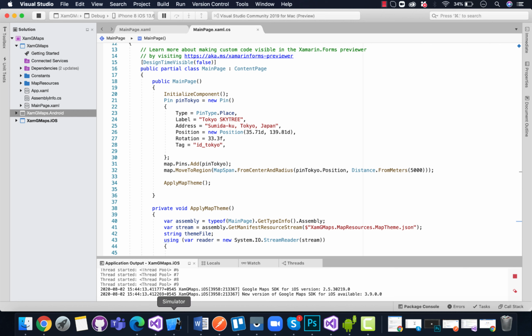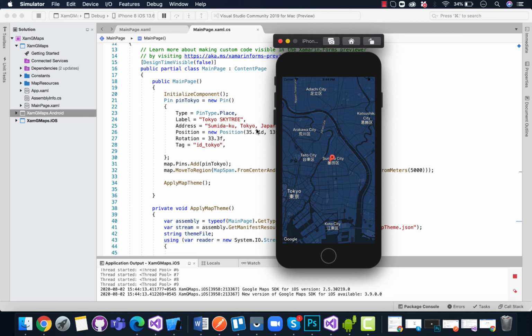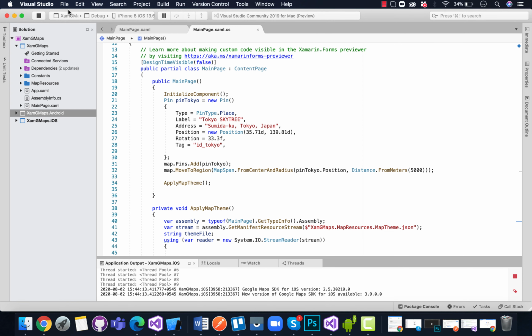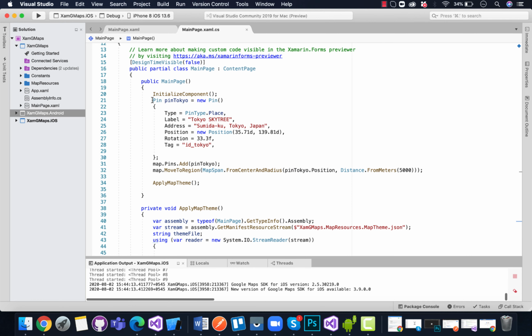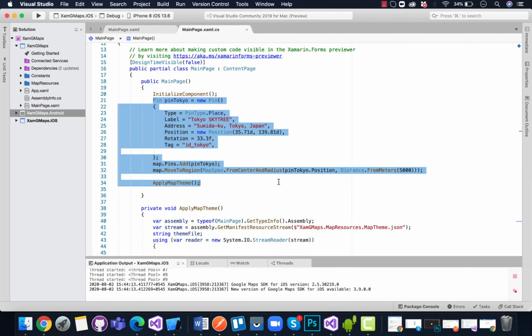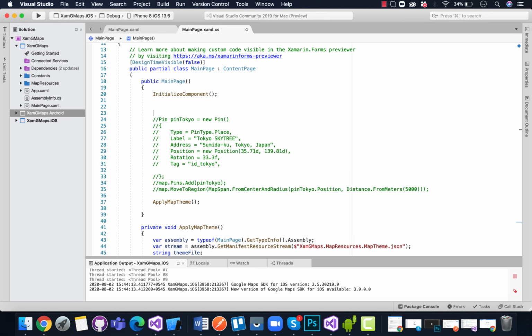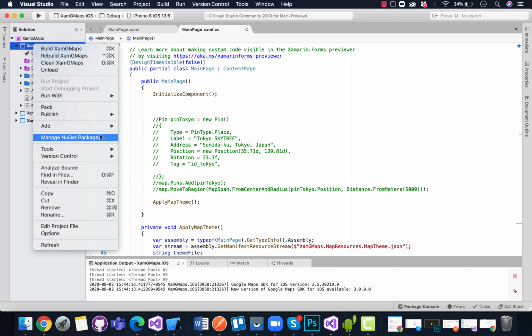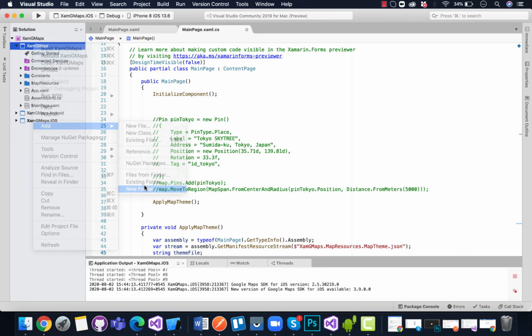So in this tutorial we are going to work on Uber car pins around our map inside our Xamarin Forms project. So it is our third tutorial. I request you to go through my first and second tutorial which are in my video's description below, and we will be continuing with our third series where we'll be adding our Google car icons inside our Xamarin Forms project.